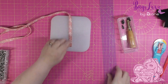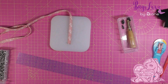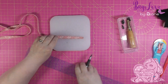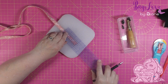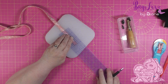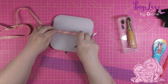So we don't need to worry about strap ends getting in the way of the rivets, etc. So what I need to do is, using ink that's dissolvable, whether it's by iron, heat or washing, make a mark 3 inches in from the edge,